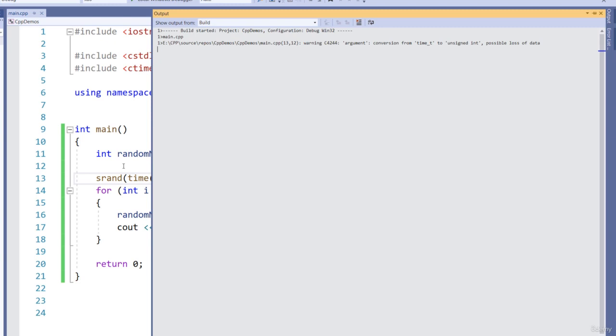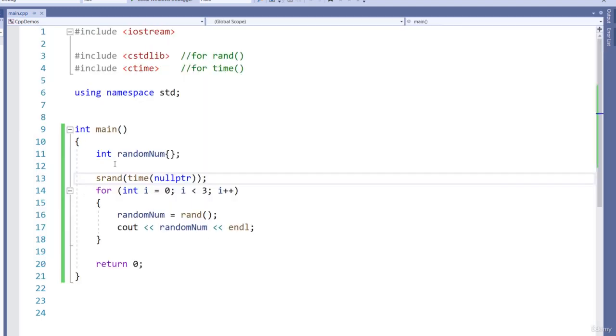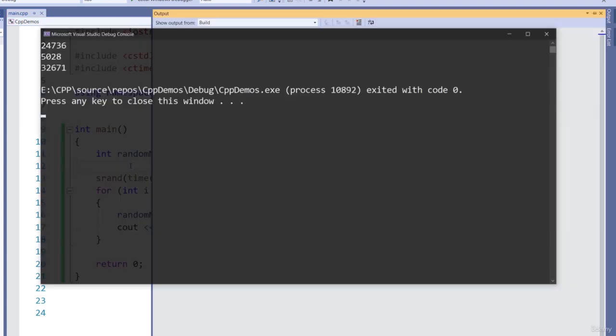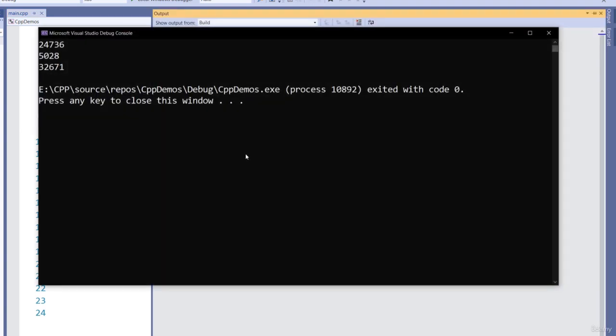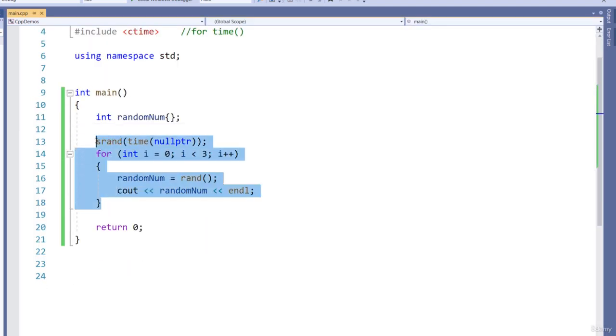Okay, so I'm going to build and run that. It compiles fine and everything. We get these numbers, so 24, 29, so on. Build and run again, and we get a different sequence of numbers. Build and run again, and once again we get different numbers. So that's very handy, but what I'll do is